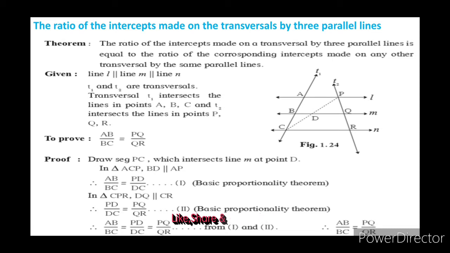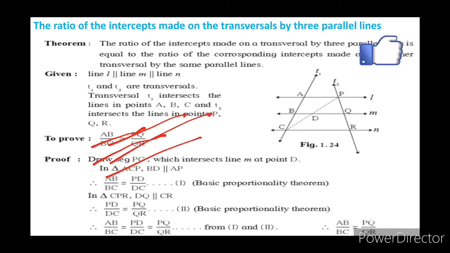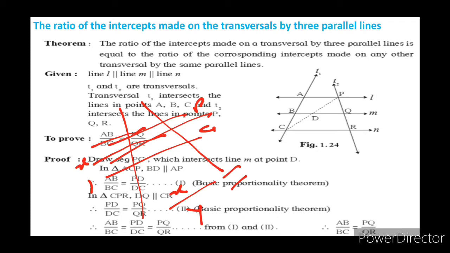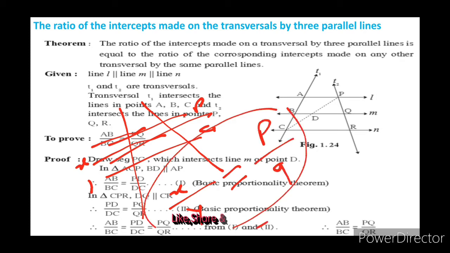इनका कहना है अगर मैं तीन parallel line draw करूँ, this is my three parallel lines, this one is one transversal, अगर इस पे दूसरी भी transversal draw करूँ तो इन दोनों के बीच का जो ratio रहेगा, that is, suppose x distance है और ये y है, ये p है और ये q है. So x upon y is equal to p upon q. ये आपको prove करना है based on the statement.